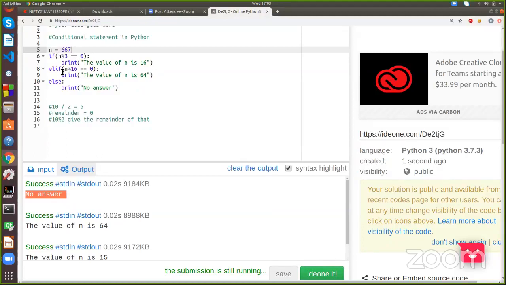Now I hope the basics of Python are clear to everyone, and these are the concepts which we will be using in the development of the game. Okay, the conditionals, the loops, the print statement, and how to import any module. So these are all the concepts we will be using, and make sure tomorrow you have Python and Pygame installed on your PC, because from tomorrow we are not going to use this site. And for now, I think we are good to go.